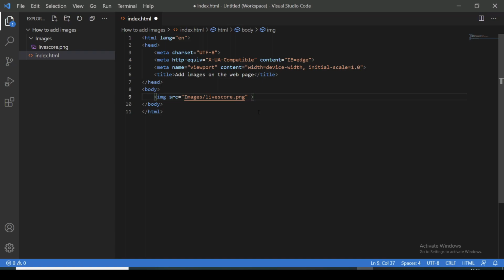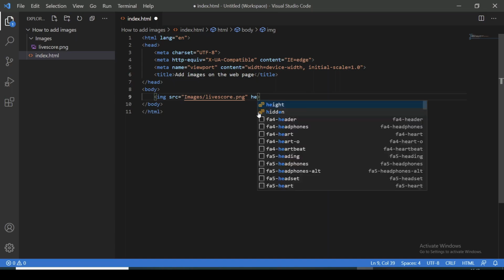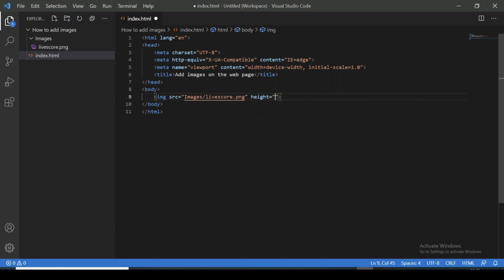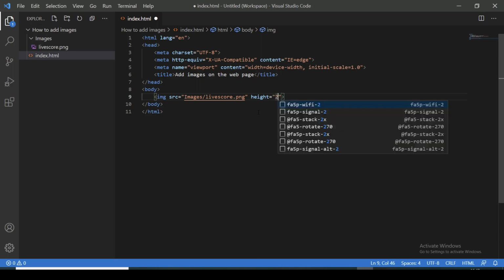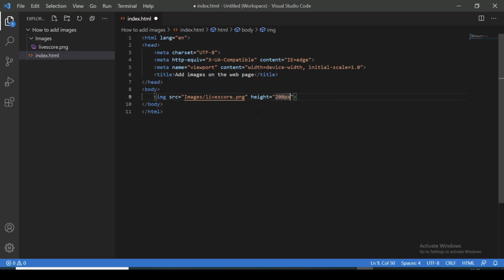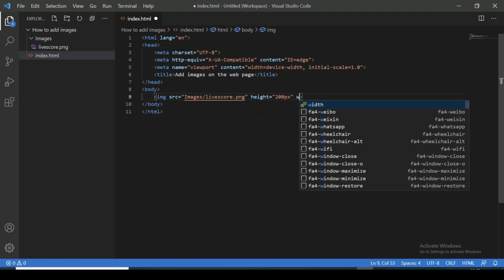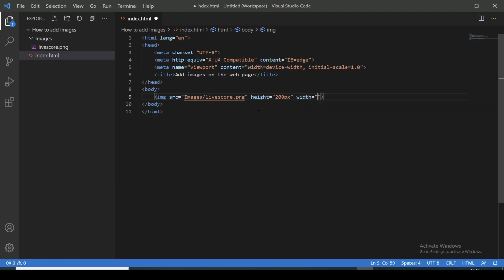First let's define the height attribute, and let's say height is 200 pixels, and width is also 200 pixels. Okay, let's save the file. And now if we reload the page in the browser, we can see our image inside the